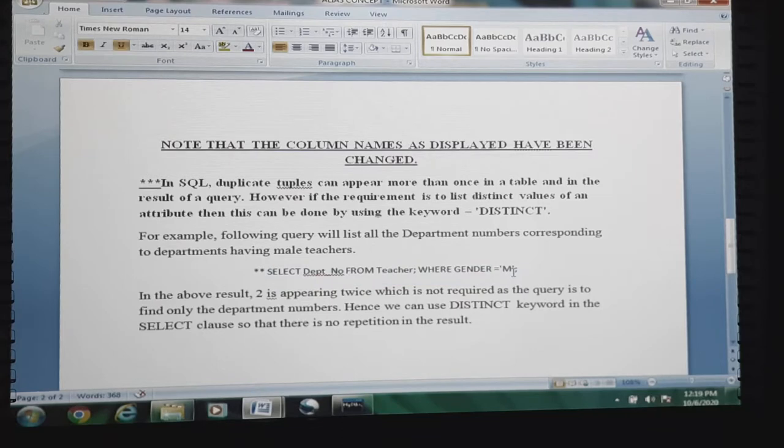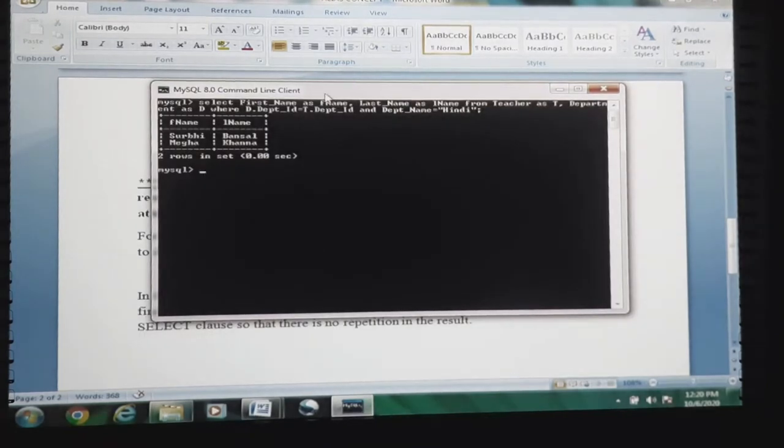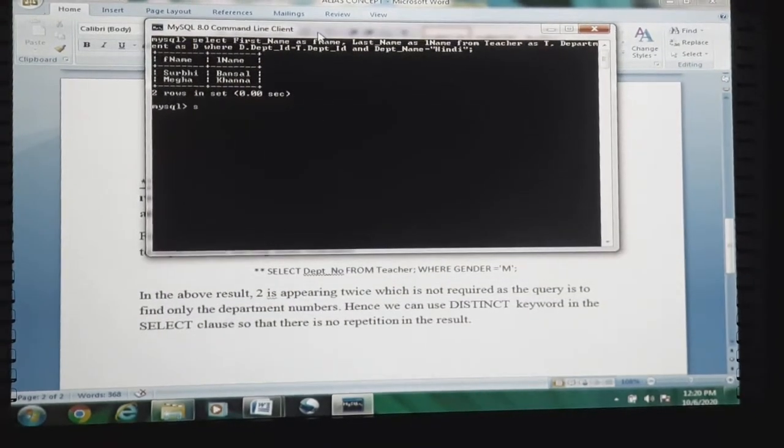Let us execute this query once. After that we will be able to visualize the actual content. So select department number from teacher where gender equal to male.